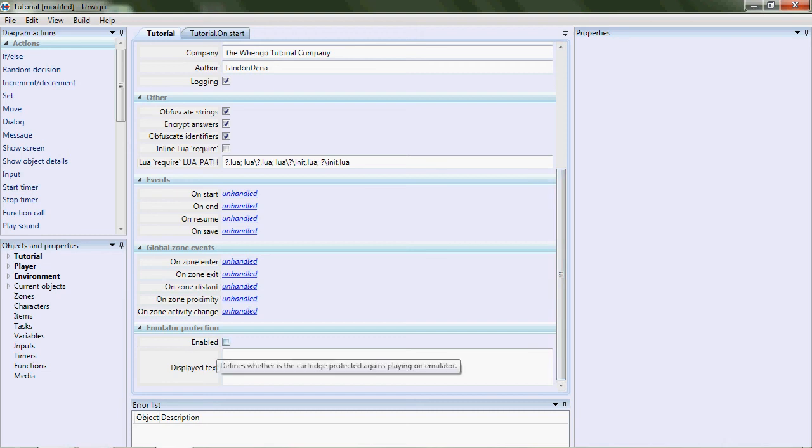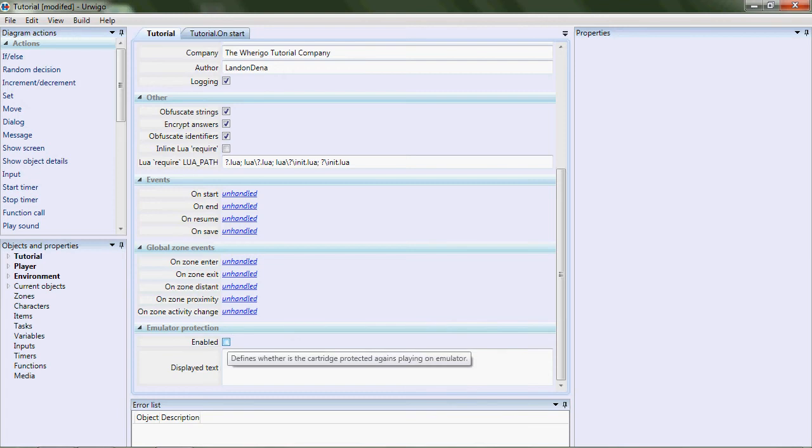Emulator protection. I'm sure a lot of people are not familiar with this because I've played with a lot of Wherigos, and the Garmin Colorado and Garmin Oregon have the ability to where you can turn off your GPS radio and actually emulate GPS signal. When you do that, it then gives you the ability to play a Wherigo without actually being at the location. I've seen that in several cases on different Wherigos. At least initially, I've been kind of preaching that out to a couple people about making sure you enable this